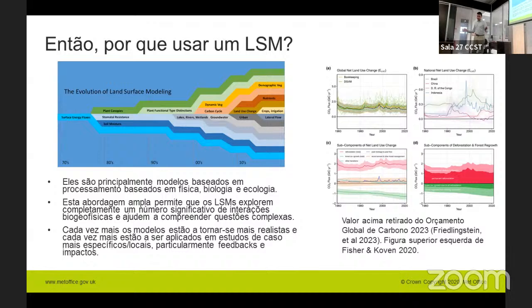They're quite holistic models. They're very broad and very useful, but they're also very uncertain to some extent, so you've got so many processes going on. Does that align with the Portuguese? Yeah.